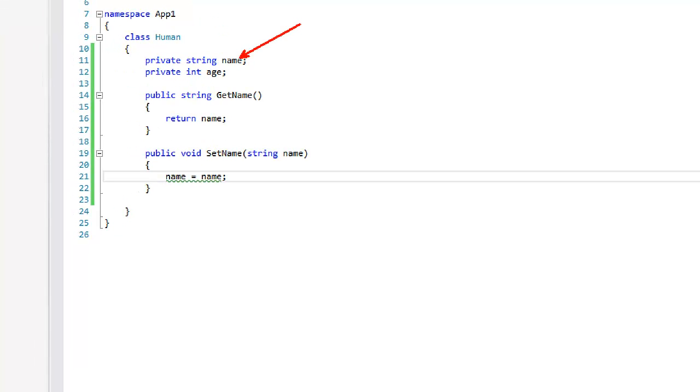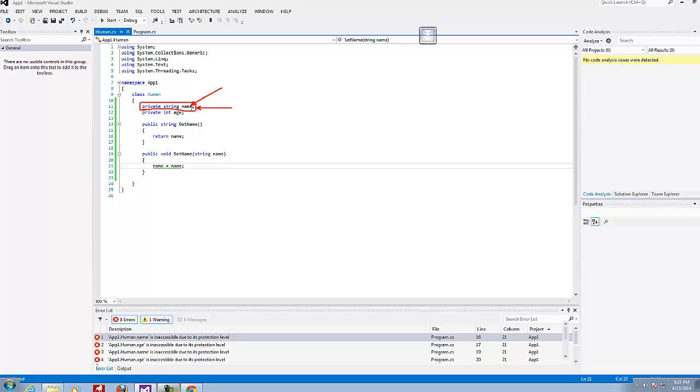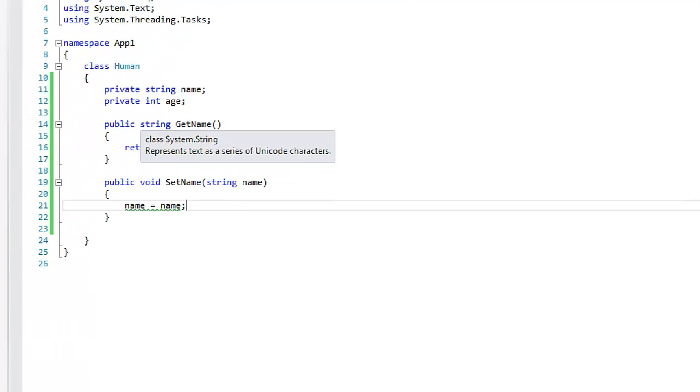Okay, we have a member variable, or instance variable, or field. Those three terms are used to describe this variable which is declared in the body of the class. I'm gonna call it further just a field. So the name of the field is exactly the same as the name of a local variable.